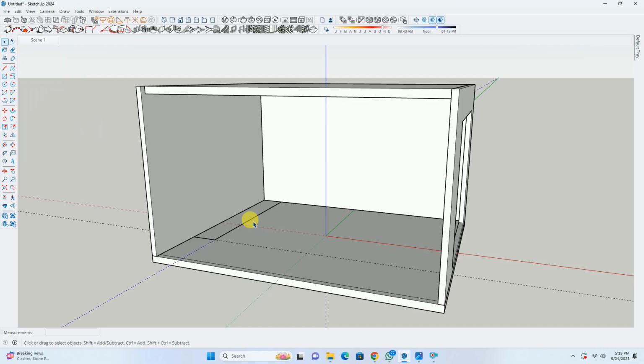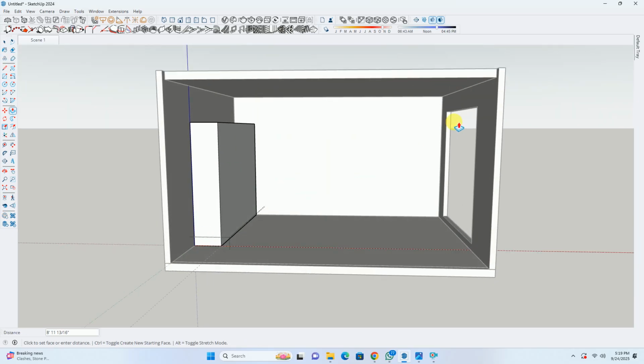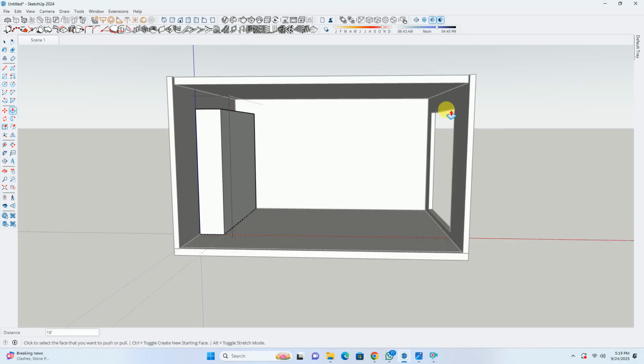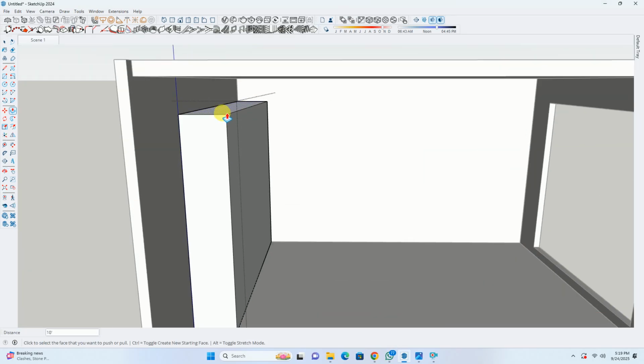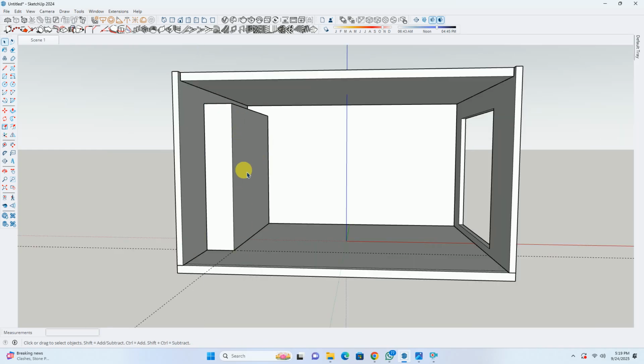Okay. Now we'll double click on this group. We'll apply a push pull and we'll take it to a height of 10 feet. No, we'll take it a little bit upward also because we have taken this drop as 6 inches, right? So after making it up till here, we'll again select the surface and we'll again push pull it at a height of 6 inches. Okay. In this manner, we have created a wardrobe cell.